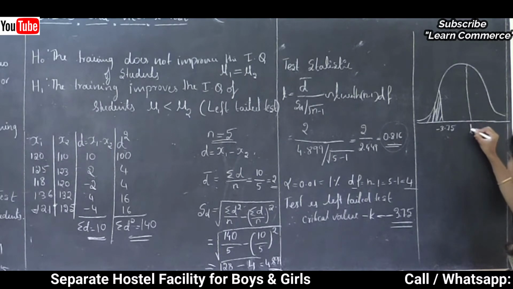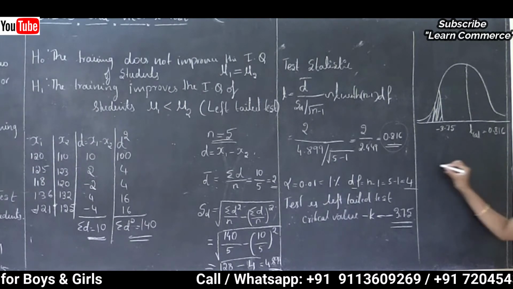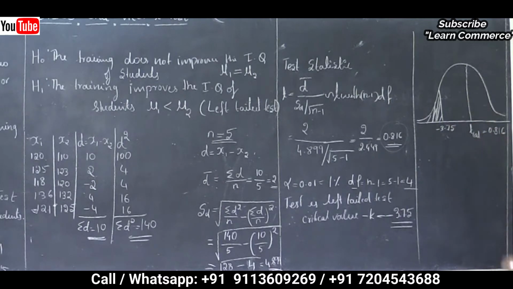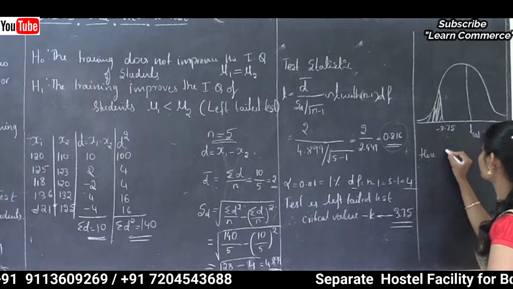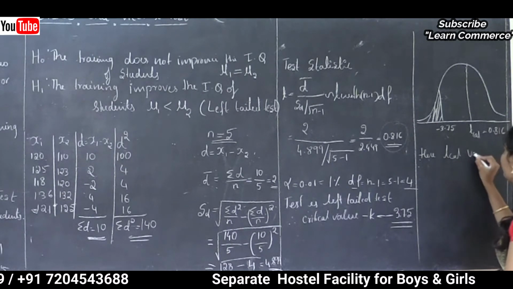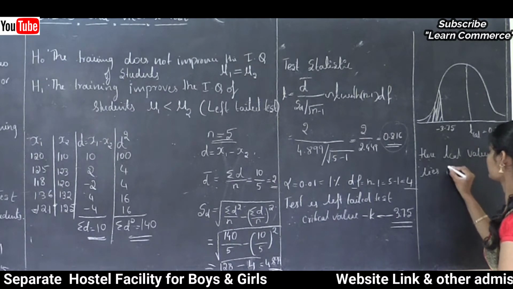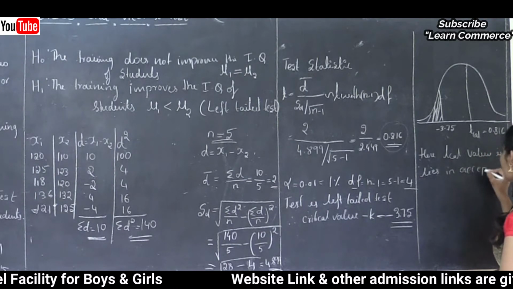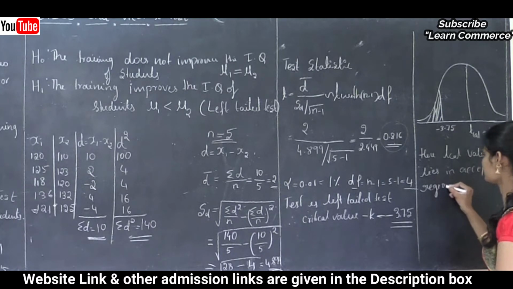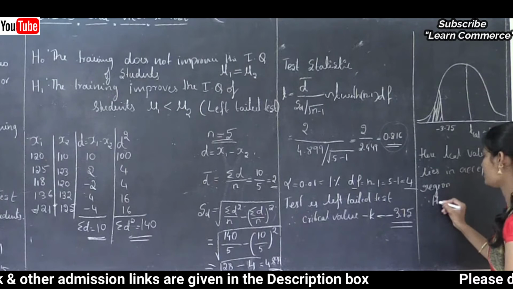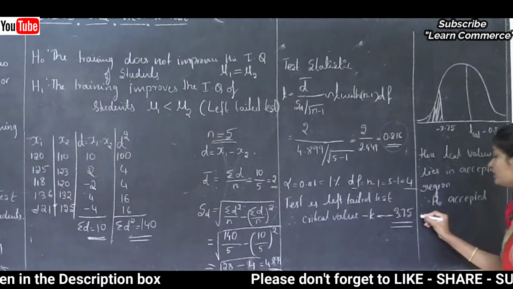This is the calculated value, that is 0.816. Therefore, here the calculated value lies in the acceptance region, therefore H naught is accepted. And one more condition is there,